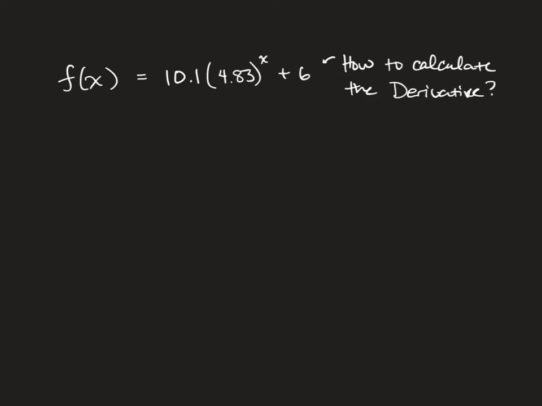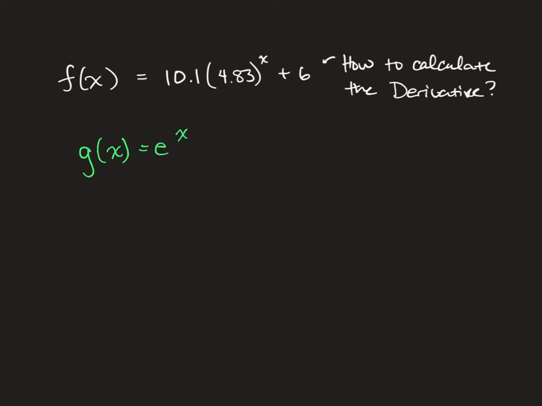Okay, so the question is really, how do I get the derivative of something like this? It's not a cosine, it's not an x squared, so we can't use that. But what we are going to do is use the fact that we know if we had the function e